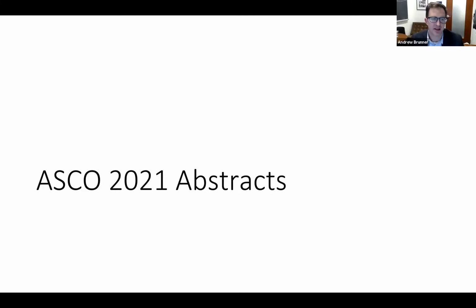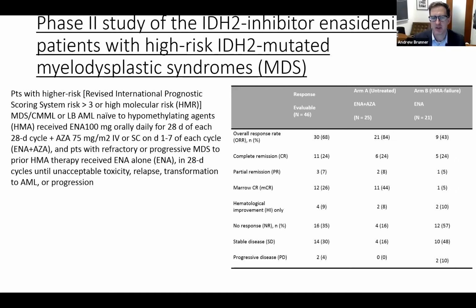So ASCO, the American Society of Clinical Oncology, was a great meeting this year, right at the end of May, beginning of June, and a number of studies were presented that may have some relevance to patients that we treat. One of them, which was presented both at ASCO and at EHA, was a phase 2 study of